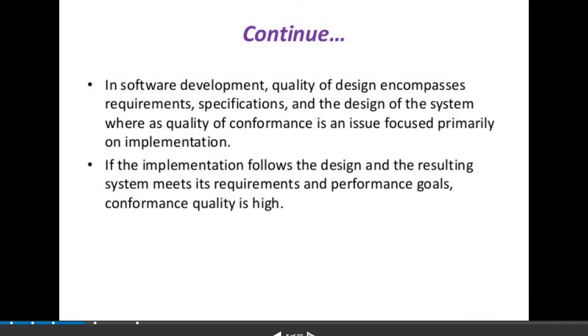Now, in software development, the quality of design encompasses requirements, specifications, and design of the system, whereas quality of conformance is an issue focused primarily on implementation. So if the implementation follows the design and the resulting system meets its requirements and performance goals, conformance quality is automatically high.